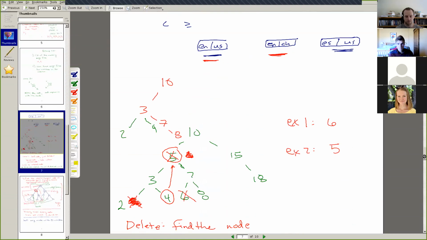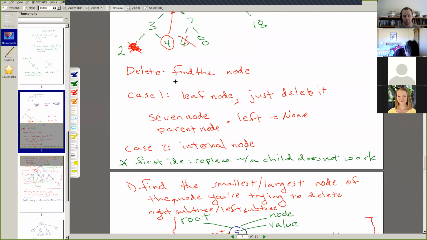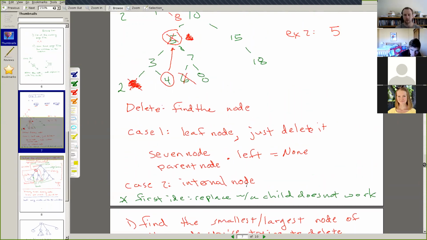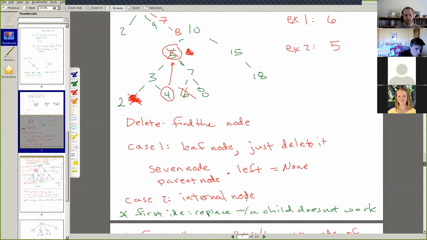When you do this deleting operation, the first thing is you find the node that you want to delete in the tree. Once you've found that node, then you're into 3 cases. The first case is when there are no children in the node and you can just instantly delete it. The second case is if you're in this internal node that has 2 different children, then you can't just delete it, because what do you do with the children? And so in that case, you find the largest value of the left subtree or the smallest value of the right subtree, delete that value, and move it up into this location.